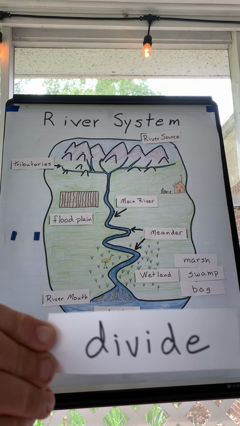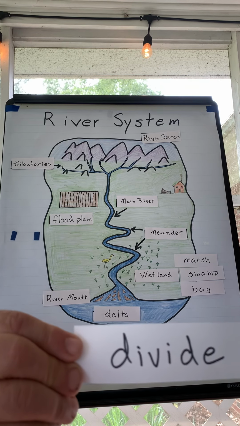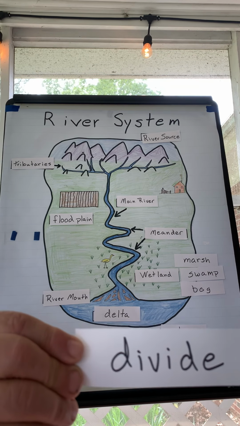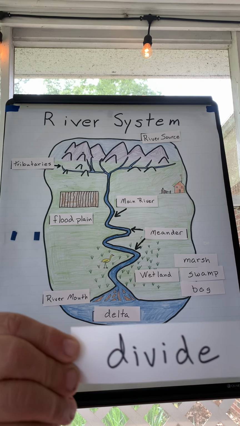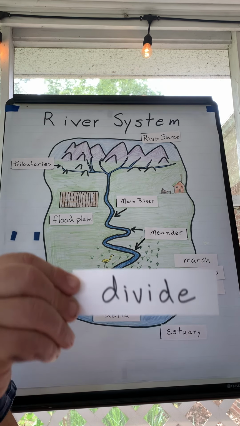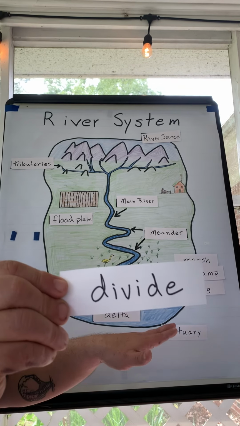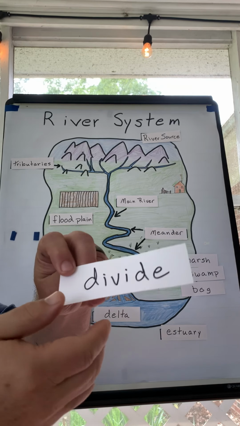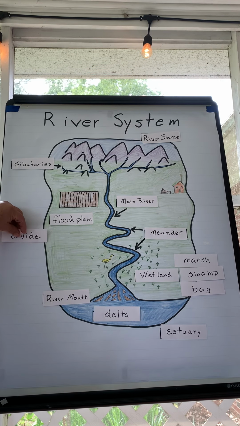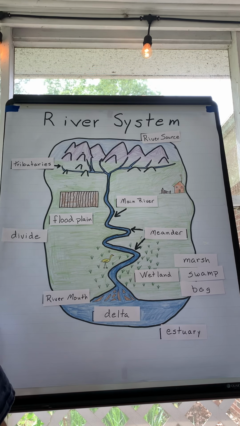If you think about it, if you have a double sink in your house, in your kitchen, and you've got that little strip in between, if you put the water faucet right on top of that, some of the water is going to flow into the one sink, some of it's going to flow into the other. That's the divide. When it rains, some of the water will flow into the one river system, some of it will flow into the other. And that's what we refer to as a divide. It's the area of raised land between two different river systems.